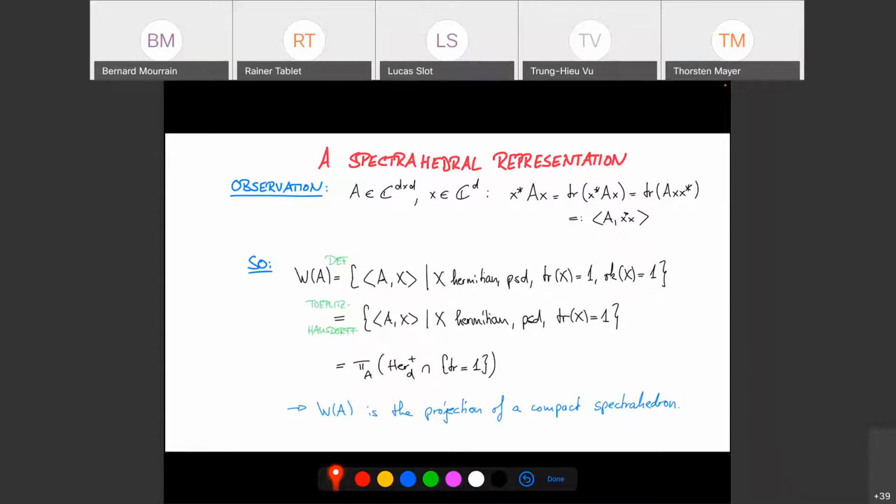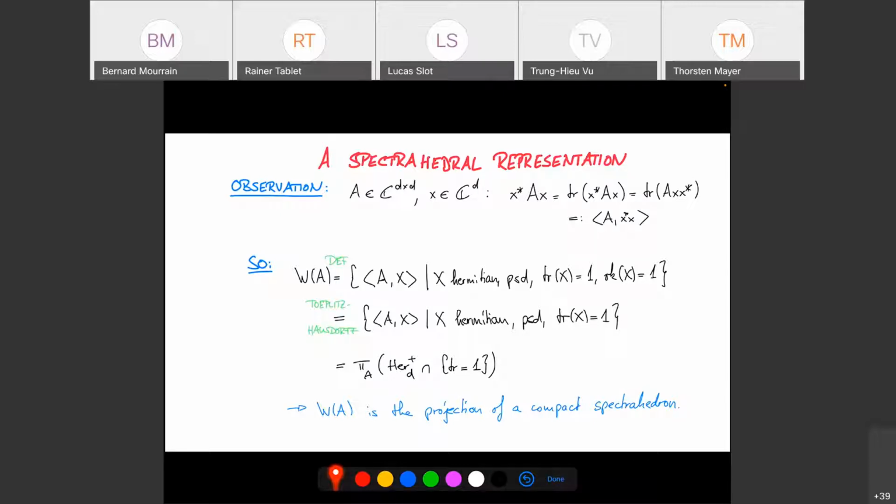With this trick, we can give a different representation of the numerical range. So the first thing here is the definition that I've rewritten using this trick. So instead of writing x star ax, I've written trace of A times x, where x is a Hermitian matrix of rank 1. So that means it's of the form x x star. And the trace being 1 corresponds to the condition that the norm of this complex vector is equal to 1. Because the sum of the diagonal entries will exactly be the sum of xi bar times xi.